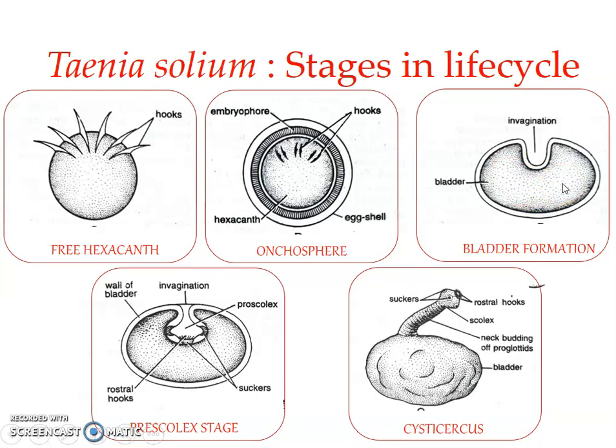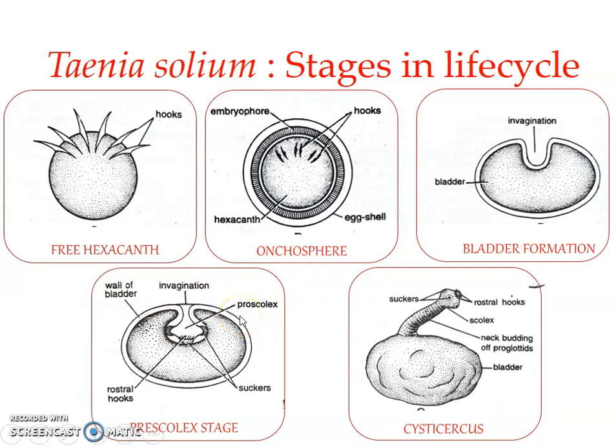Okay, so at this point we can see the anterior end, the wall thickens and invaginates. And the invagination looks like a hollow knob, this one. Here you can see this invagination, and slowly it will get transformed into an inverted scolex. The scolex of the adults, you remember the structure. Almost, this slowly gets differentiated into the scolex region, and this part is invaginated, or what you call an inverted scolex, and this scolex is referred to as a proscolex, an inverted scolex, which is formed from the invagination of the bladder